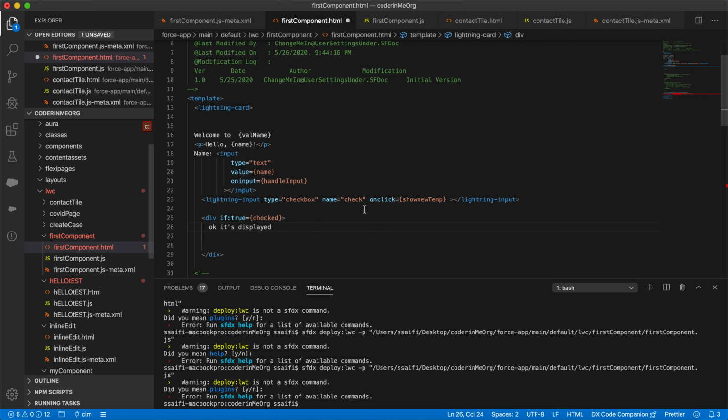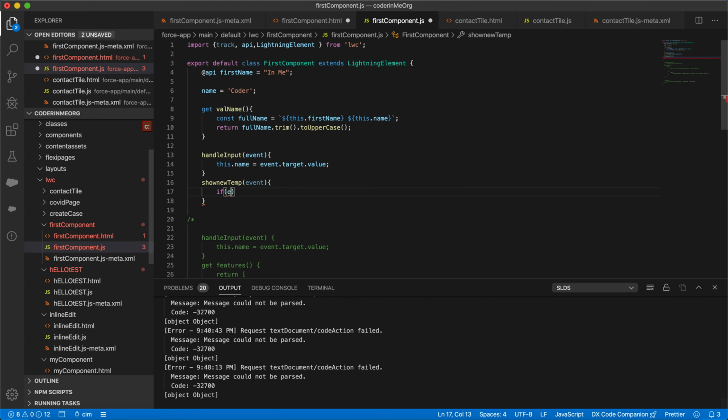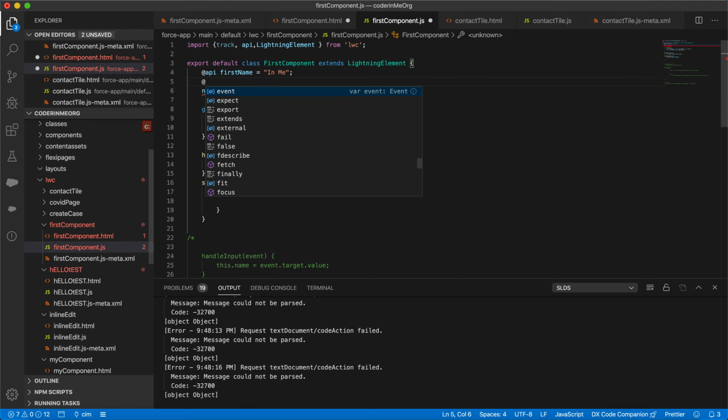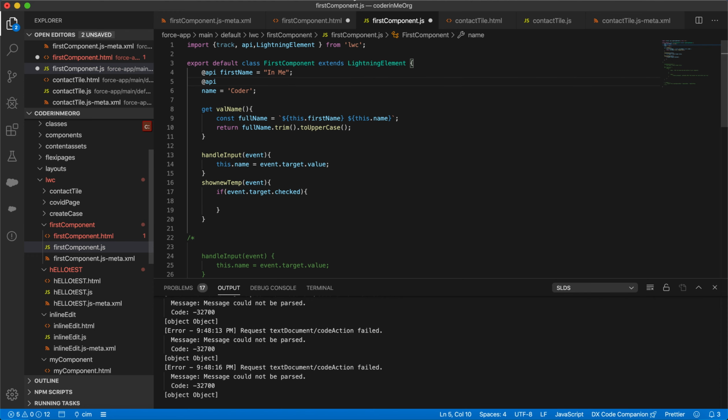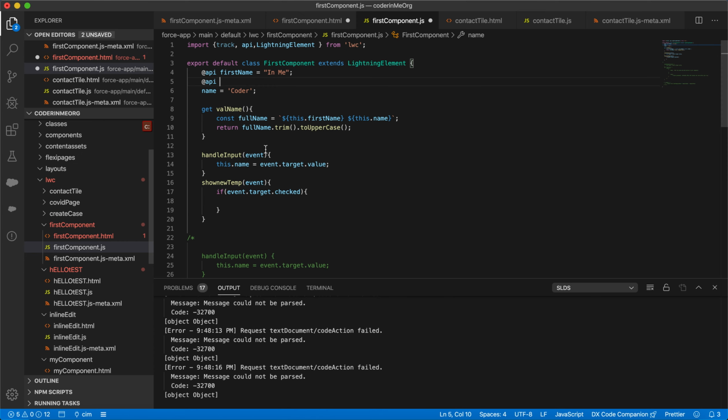Okay, so here first of all we will make this method event. Okay, and we will check that if event dot target dot checked, because it's checked, so we will check the checked function. Event dot target dot checked is equal to true. So what we will do, we will make a variable here, the variable name is checkbox. So this is a variable name, so I will just use it here,